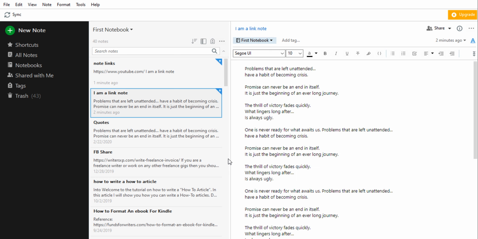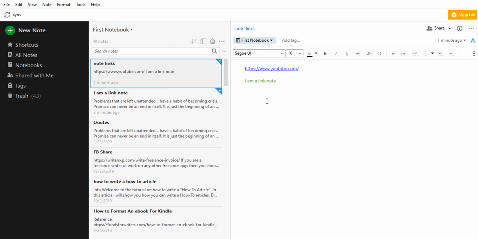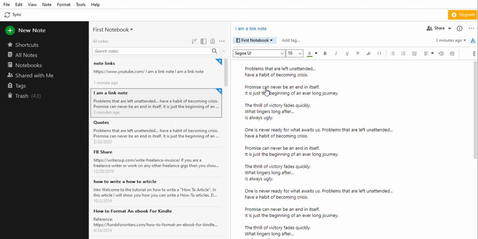Now go back to the note where you want to add your note link and hit Paste. It will add the internal note link, as you can see. Now you can see that it's the same as the title of the note that you pasted here. It's not like the general link that you copy from the web and paste. You can see the difference. So now if you click on it, it will directly take you to that particular note. This is just the basic thing that you can use to make the most productive use of the Evernote app.